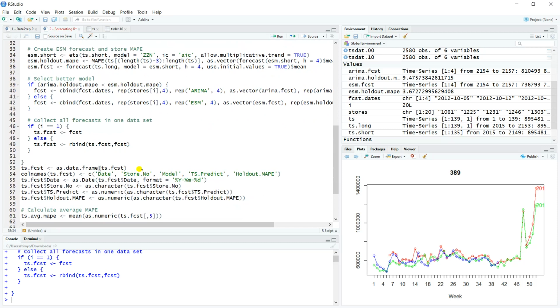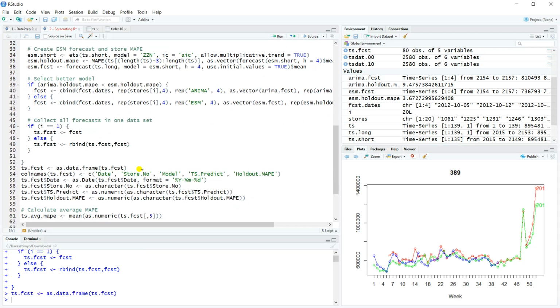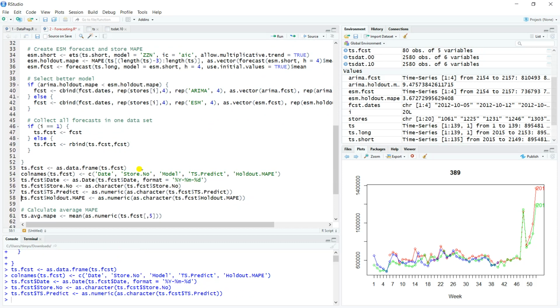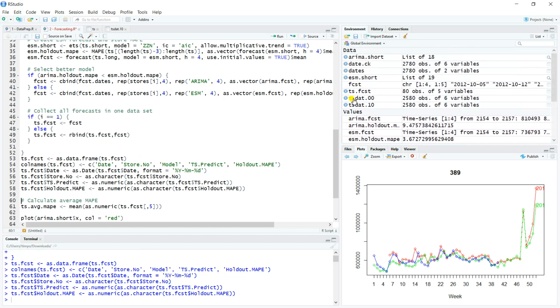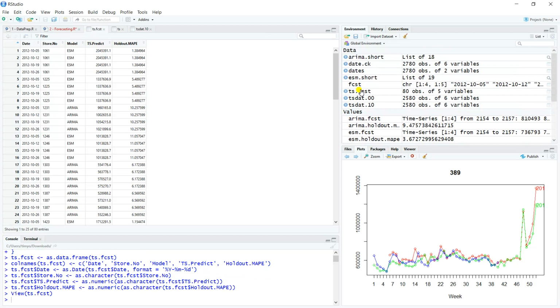And so what we'll do here is just clean up in this TS Thickest. We need to clean up some of those values. And let's go ahead and take a look at this TS Thickest data set. So what we've captured here then is, we have our date keys. So it's October 5th, 12th, 19th, and 26th. We have the store number. We have the champion model type, the predicted values, and then what the holdout MAPE was for that